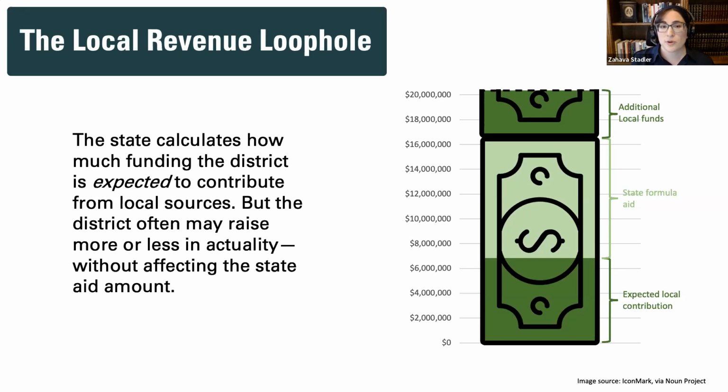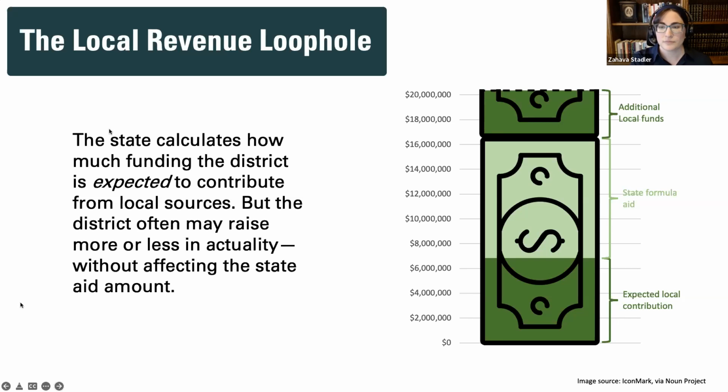If a wealthy school district wants to raise their property tax from 1% to 1.1%, that extra 1/10 of a percentage point is going to raise so much more money than it might in a low wealth district. So all of those things are local decisions, but they can also be affected by state policy. The state can set guardrails around what districts may or must raise, and any minimums or maximums for actual local revenue are set in state law, just like the rest of the funding policy. But in lots of states, the law just doesn't do that. It doesn't set those guardrails, or sometimes it sets them so wide that there's lots of room for these outcomes